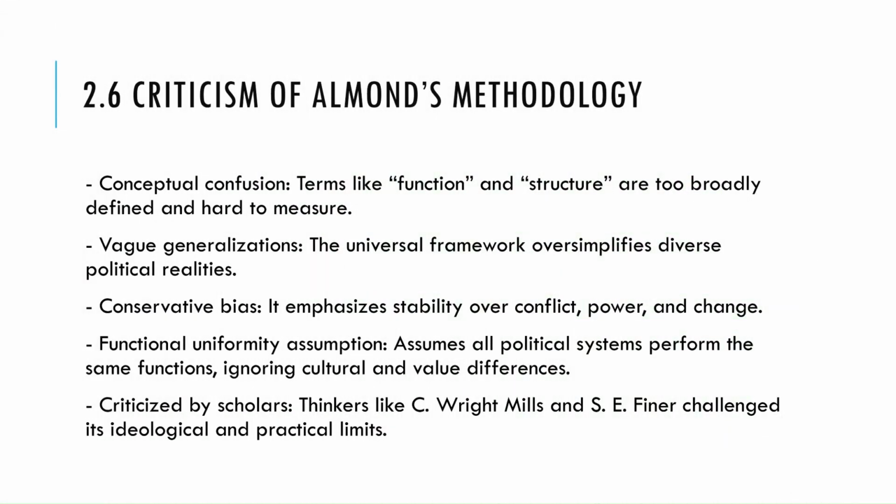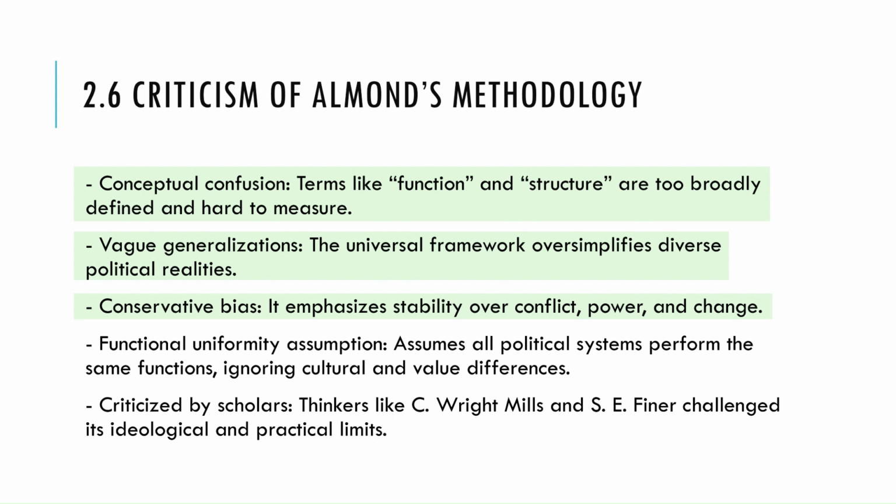While Almond's structural functional approach is widely recognized, it has also received strong criticism from several scholars. The first major critique is that the model involves conceptual confusion. Many of the terms, such as function or structure, are used too broadly, making it difficult to define and measure them clearly. Another criticism is that the model often leads to vague generalizations. By trying to create a universal framework, Almond ends up oversimplifying the complex realities of different political systems. Scholars have also accused the model of having a conservative bias. It focuses too much on system stability and not enough on conflict, change, or power struggles, which are central to